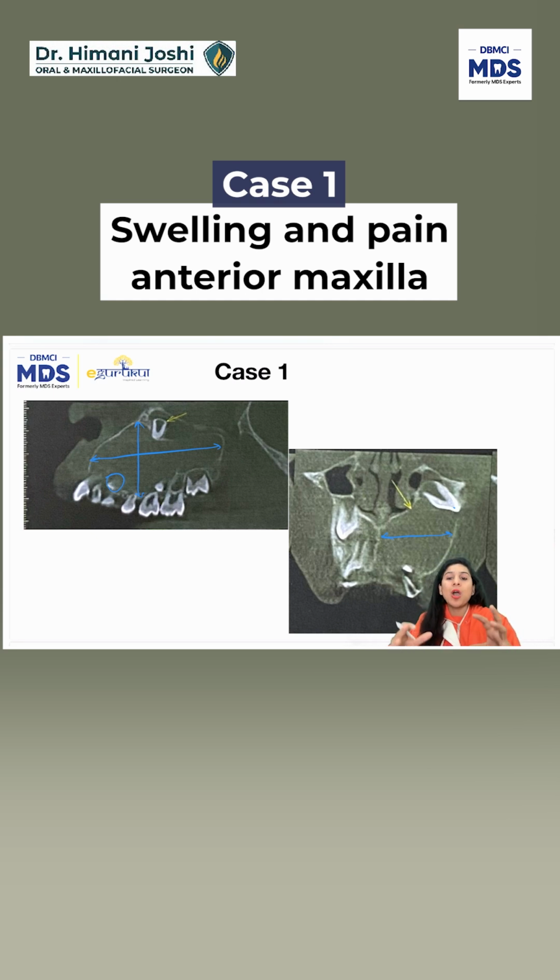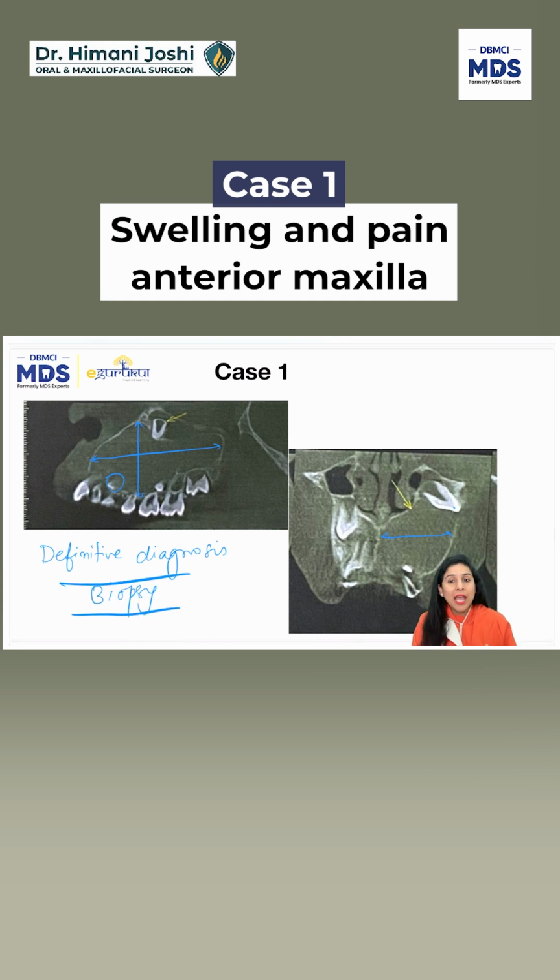So two teeth are associated with it, and most likely the canine is the pathology causing this cyst. Alright, so now I know how big the disease is. So I will decide whether I want to take the patient to a GA, to an OT, or whether it is small enough that I can manage it under local anesthesia. Since it was an 8-year-old child, along with the aspiration after the CT, the next step for definitive diagnosis is biopsy.